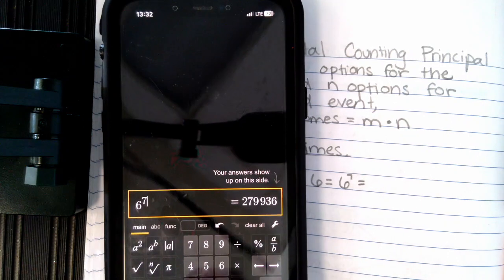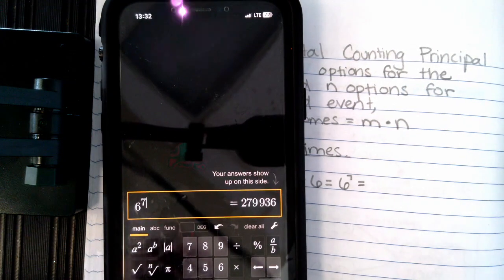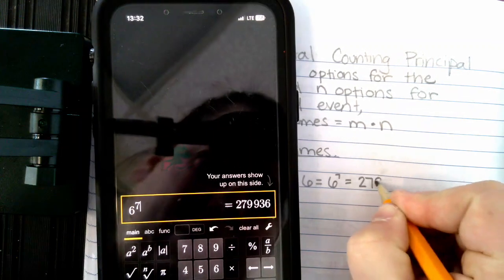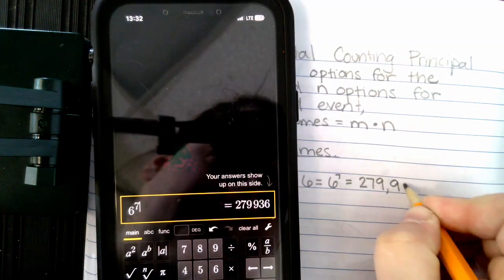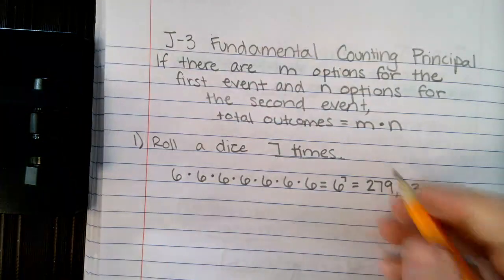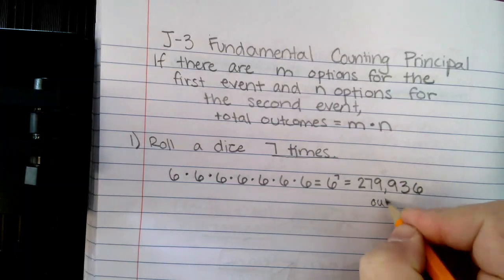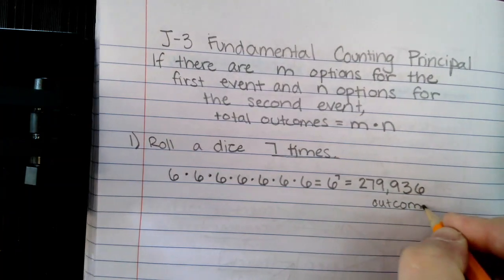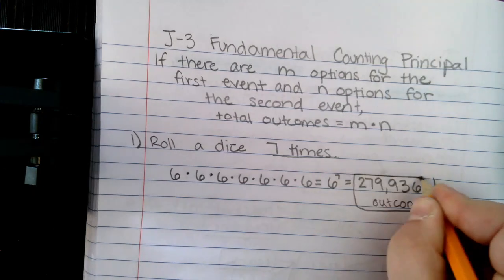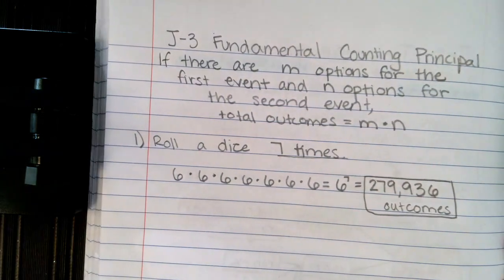279,936. That's the amount of outcomes there are. So first I could roll a 1, then I could roll a 3, and then a 3, and then a 5, and then a 2, and then a 6, and then a 7. I'm just kidding, can't roll a 7, and then a 1. Okay, or I could almost do that whole thing and just change one outcome, which means that's why there's so